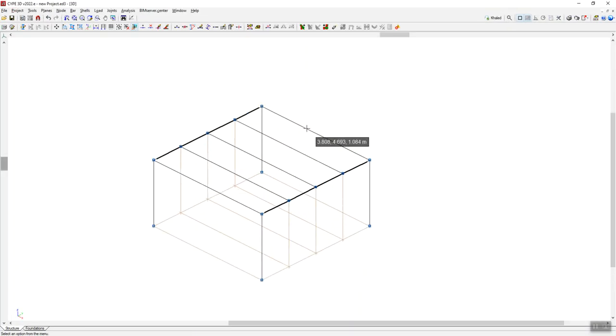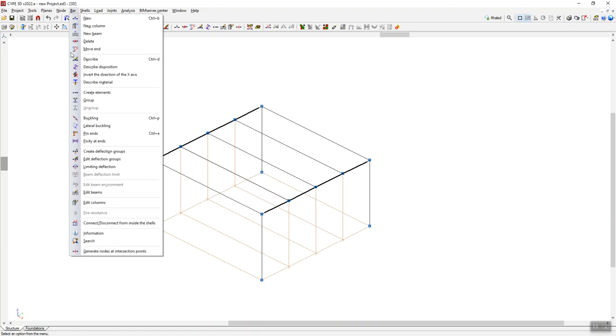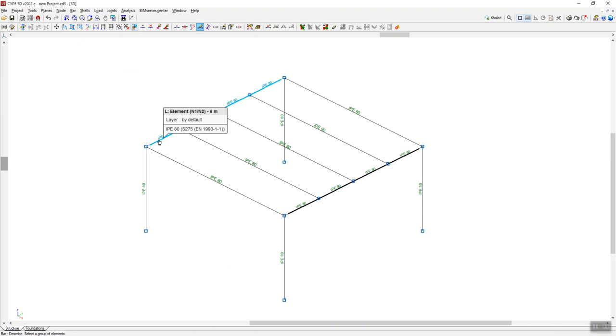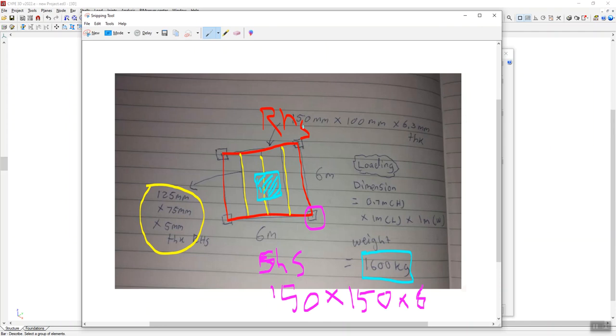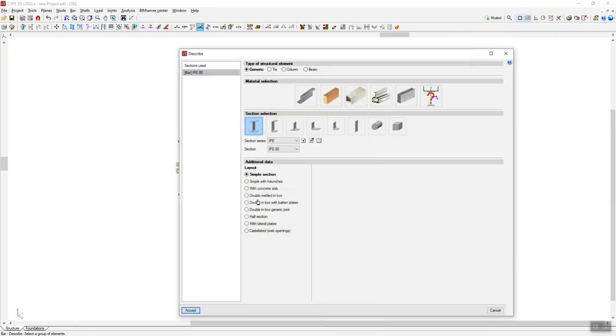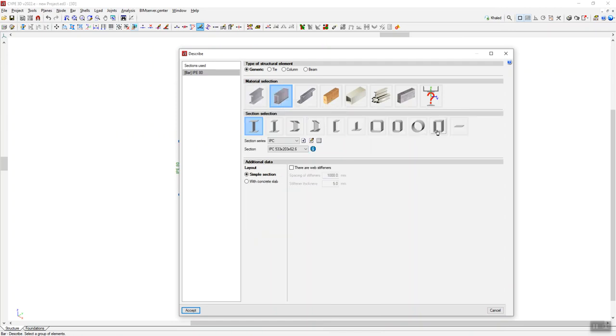So simply I can go to the sections options. I will go to bar, and then here I have the describe option. Click on describe, and from here I need to select these perimeter beams. Right click, and they are 150 by 100 by 6.3. Okay, so I need to go to this option, and then from here I can select this one. Okay, as you can see here, I don't have any section library by now. So what can I do? I can go to this option,